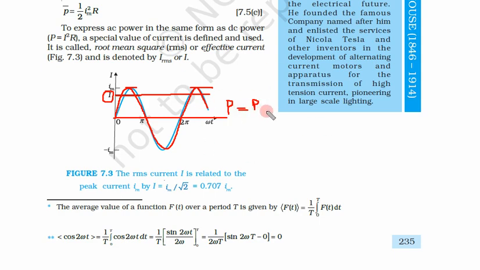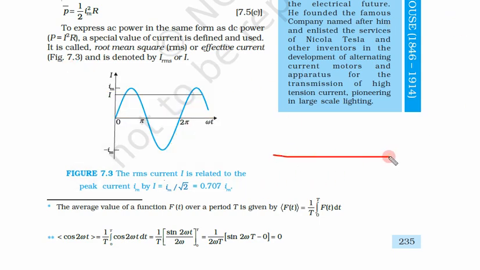Power must remain the same. How much DC current should we flow instead of this AC current so that the power remains the same? This much DC current we should flow so that the power consumed in the circuit remains the same. Let us see this once more. We are flowing sinusoidal current in a circuit and we have calculated some power. Power is P in this circuit. Now instead of AC current we are using some kind of DC current.